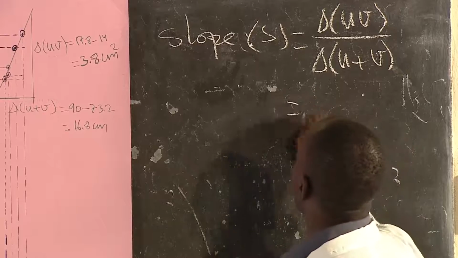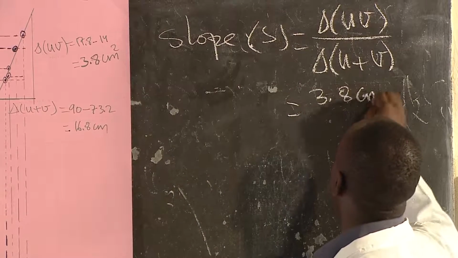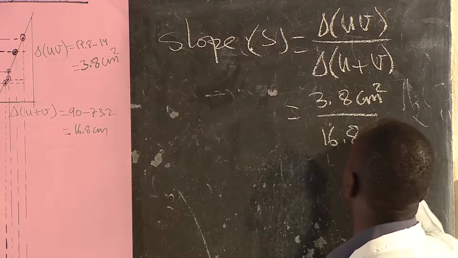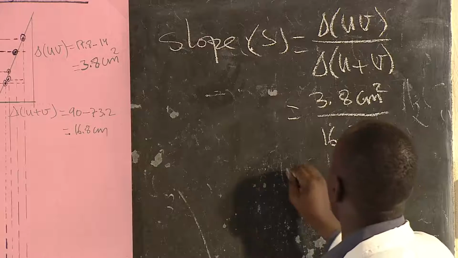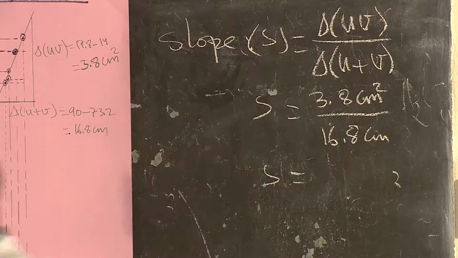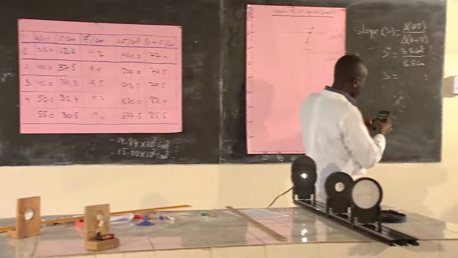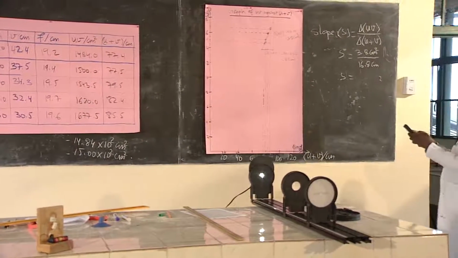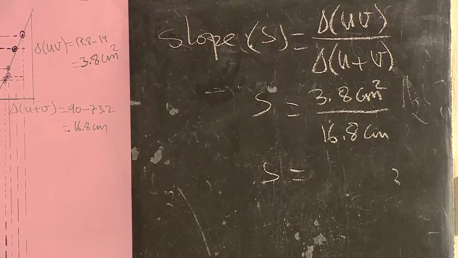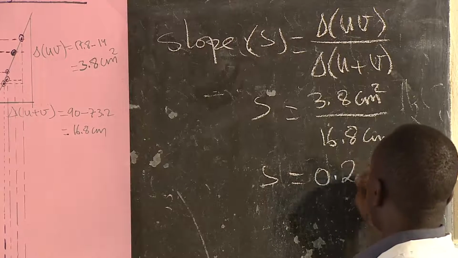And then this is going to be 3.8 centimeter square over 16.80 centimeter. And then this gives, what do we have as the S, the slope? So the slope here is going to be 3.8 over 16.8, and this is equal to 0.22,